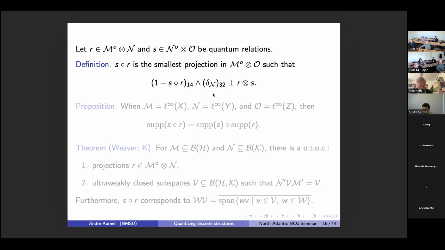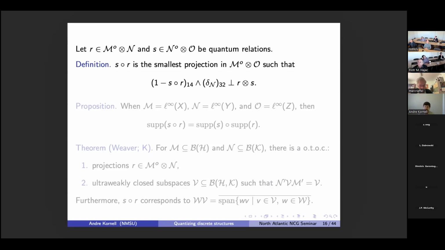But what I'm trying to emphasize here is that this is exactly the same definition that gets us the composition of two relations in the classical case. And in fact, it's basically the simplest definition we can write down using the structure that we have of the composition of two relations. So we write it down, it gets us exactly what we need in the classical case, it becomes our definition